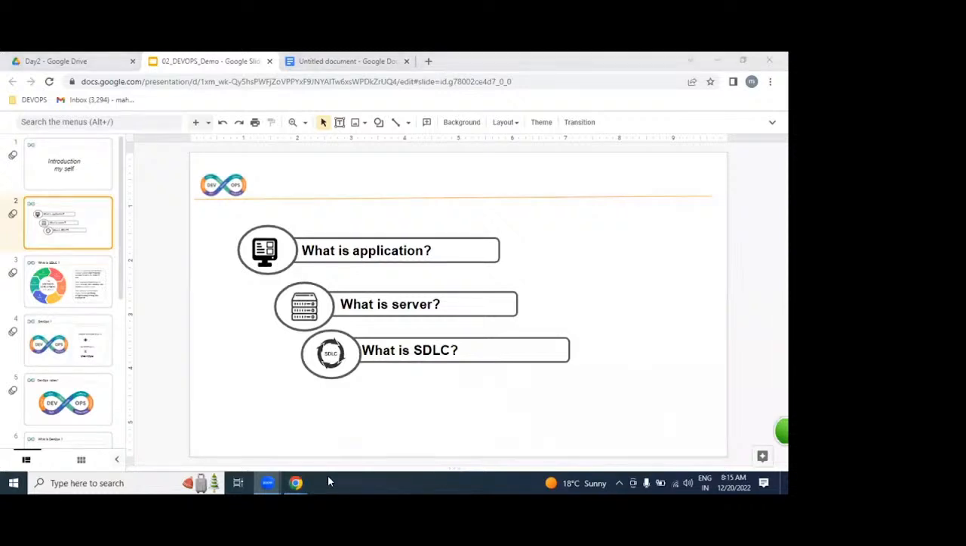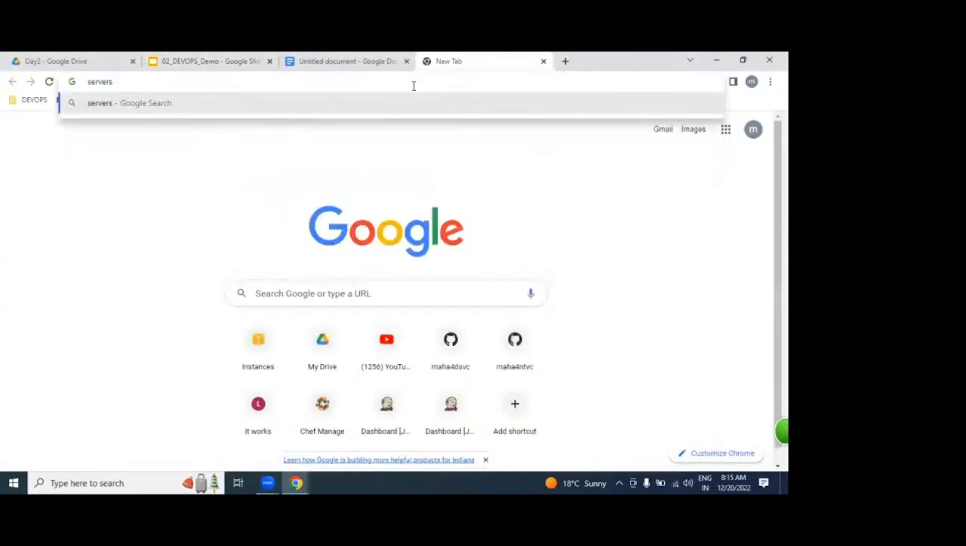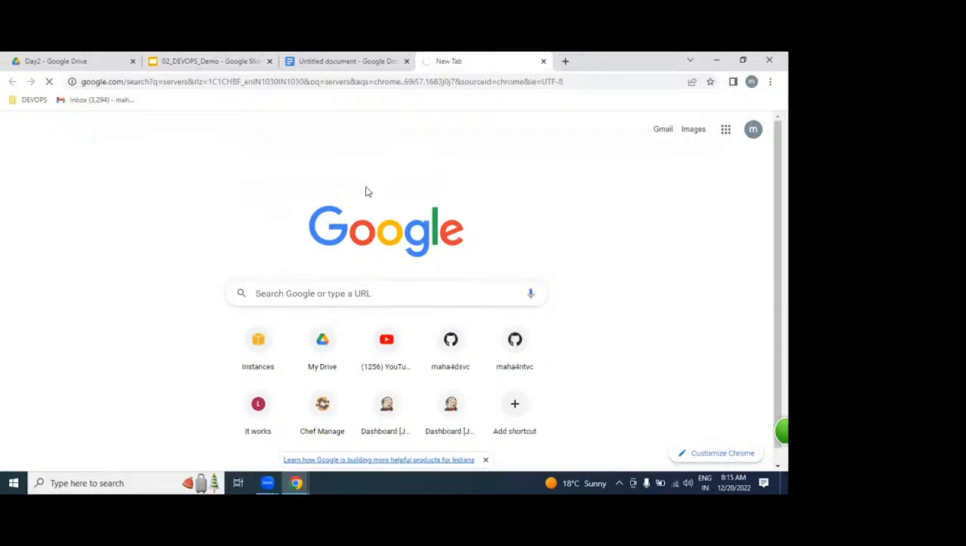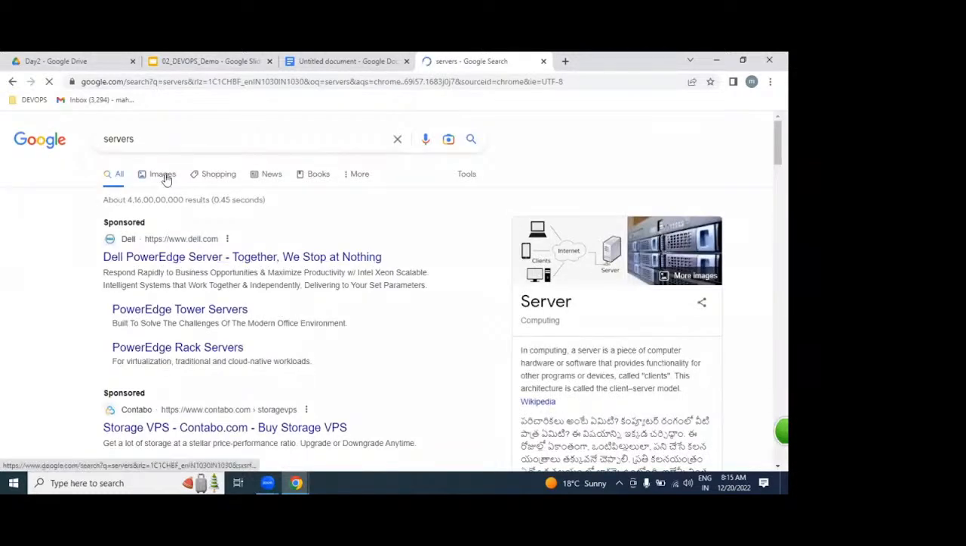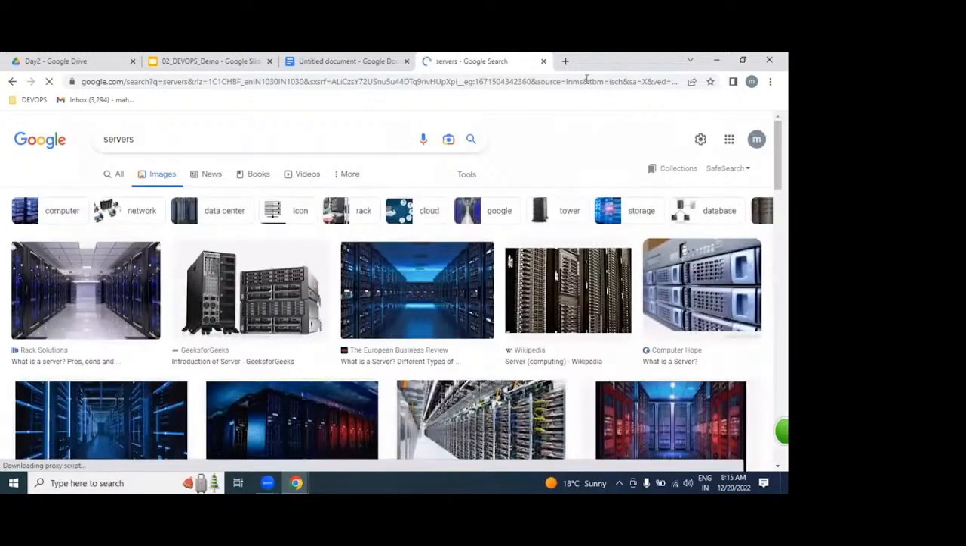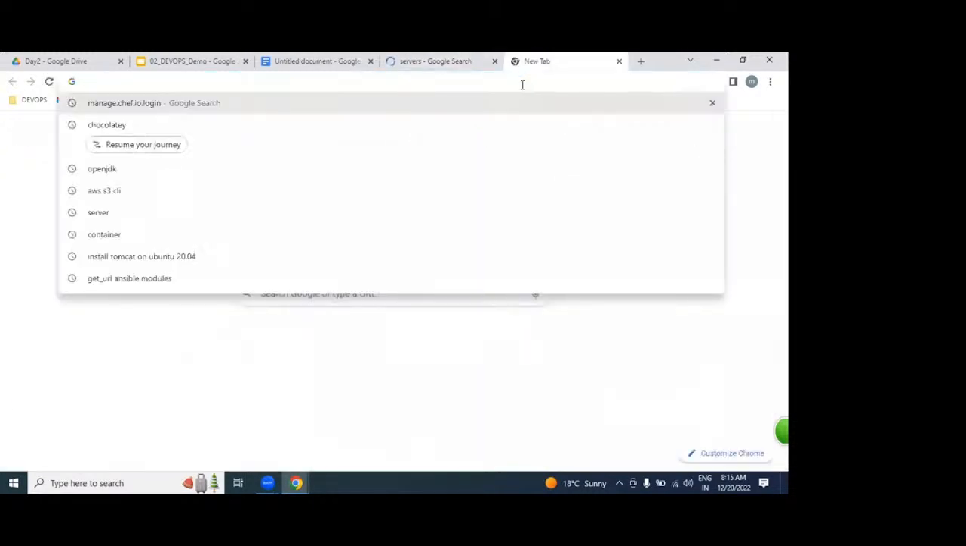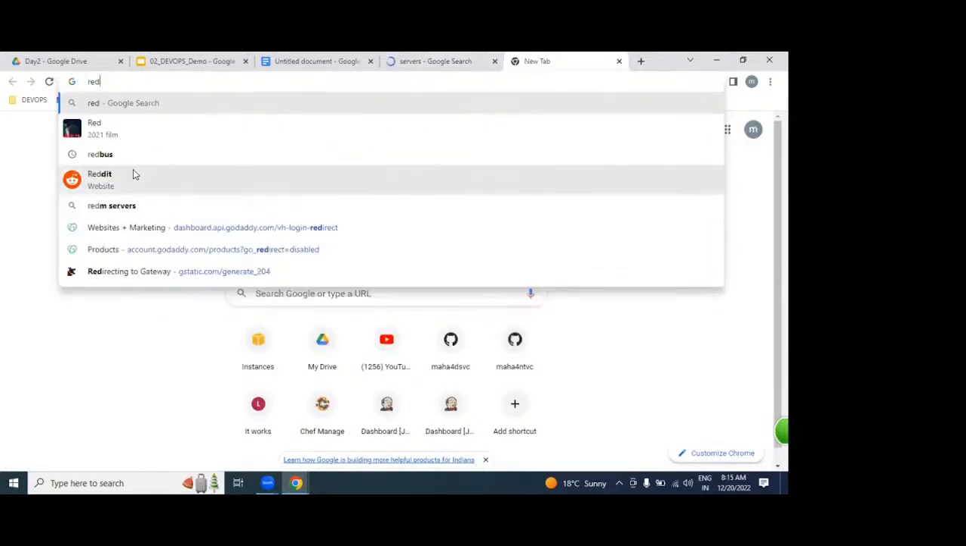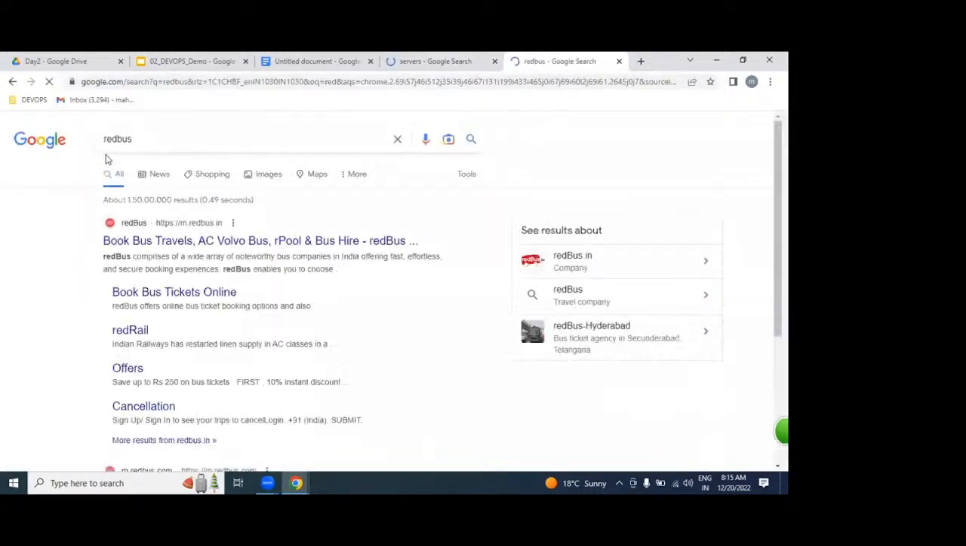What is an application, please? Anybody help me, please? The working software which is written in any programming language like Java, .NET, Python, we call as what? Application. That application is going to be placed on the server side. Once it is placed on the server side, you are going to be accessing it as a website like Redbus, Book My Show,